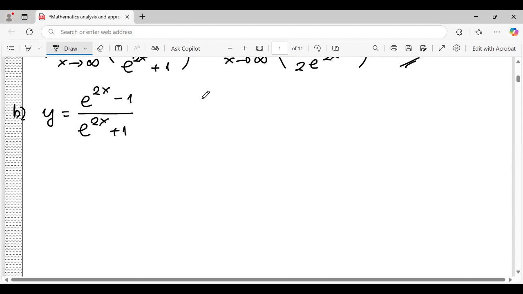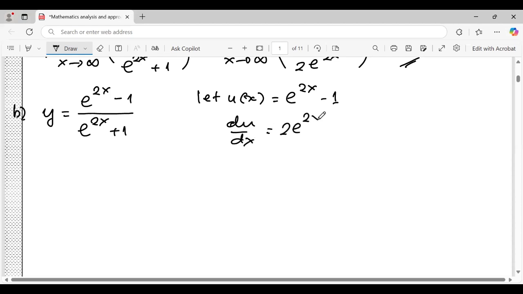To find the derivative, we are going to use the substitution method. Let u(x) equal e^(2x) minus 1. This is u(x), the numerator, and the denominator is v(x). So the derivative of u, du/dx,